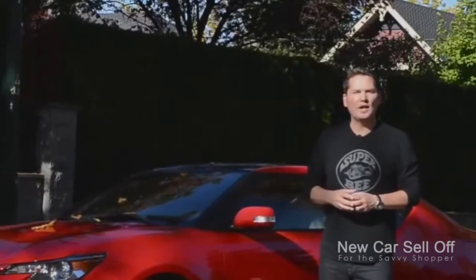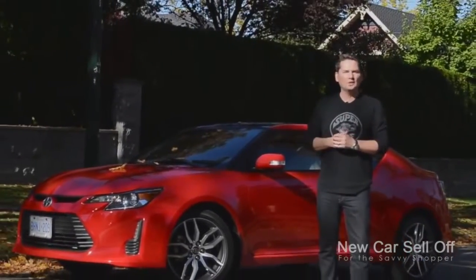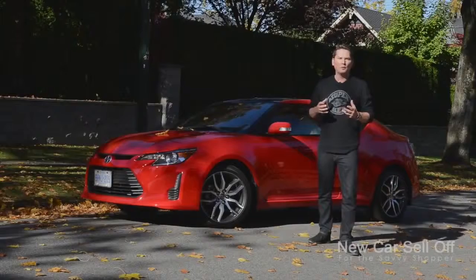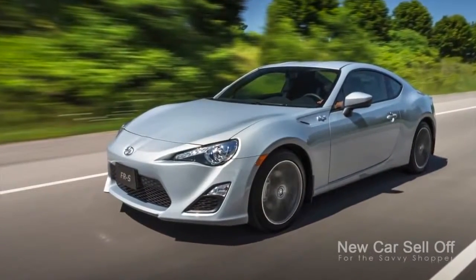It's nice to get back into a Scion car other than the FRS. You know what? Scion was not sold in Canada for many years. It was only sold in the United States. A couple of years ago, they brought the brand to Canada, and it didn't do that much. It was only when they brought out the performance-oriented rear-wheel drive, lightweight FRS that people started to take notice of